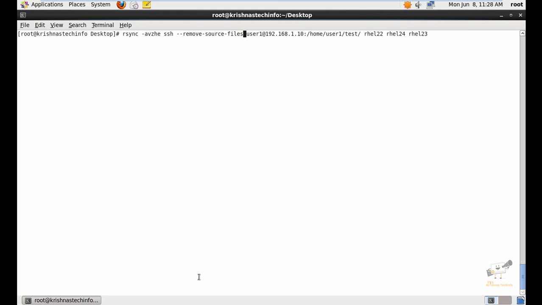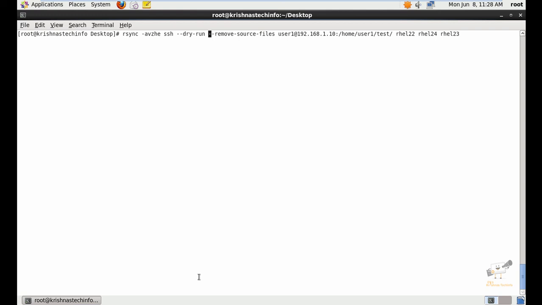Using this option, it will not make any changes during the dry run of the command. It only shows the output of the command, so you can see the exact working of the command that you are going to execute. So this option will be very useful if you are new to the rsync command. The option is --dry-run. You can use this command.